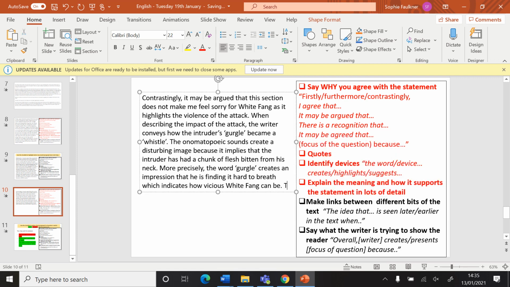Now my link. So the idea that White Fang, linking back to the reason why I'm disagreeing with a statement, and that is that he is violent, and I'm going to add and brutal as well, change it up slightly. We added that White Fang is violent and brutal is seen later in the text, and then embed a new quotation when the writer describes the way in which the intruder's